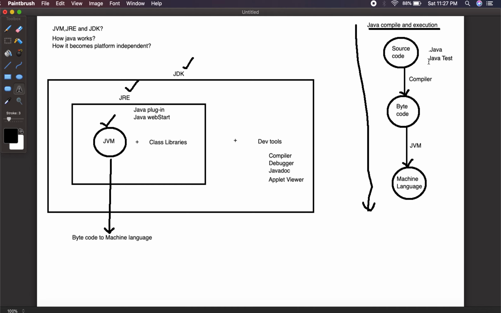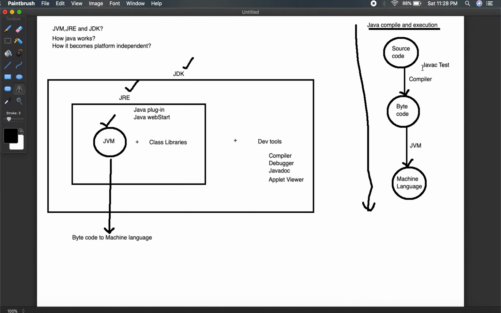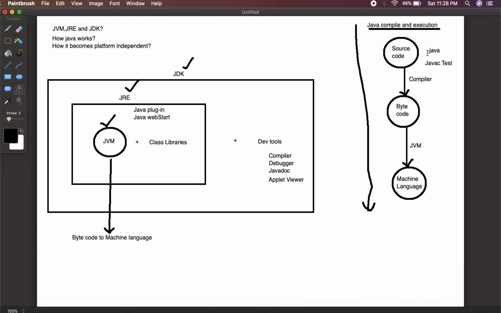What you do, you are going to use javac. This test is nothing but my class name. It has a .java file, that is your source code, right?